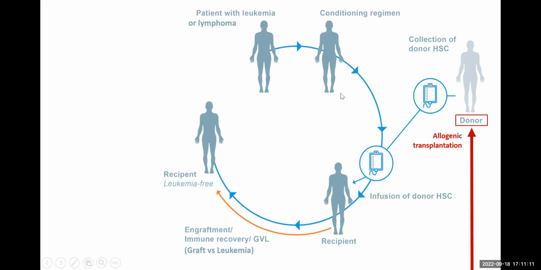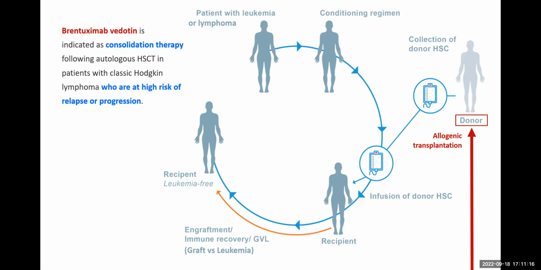So same procedure, and then we give the cells from the donor and they develop in the patient, okay? So brentuximab vedotin is indicated as consolidation therapy. So we have an induction therapy, and then we have a consolidation therapy, which further consolidates the treatment outcome, okay? Following autologous hematopoietic stem cell transplantation in patients with classic Hodgkin lymphoma who are at high risk of relapse or progression, right? So this is a newer drug,